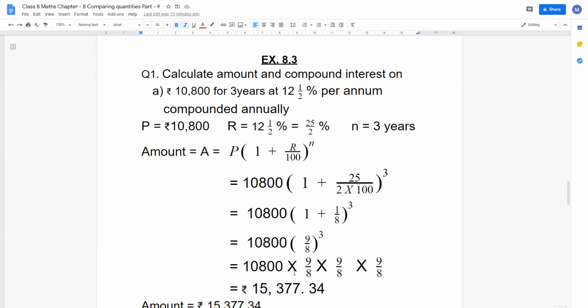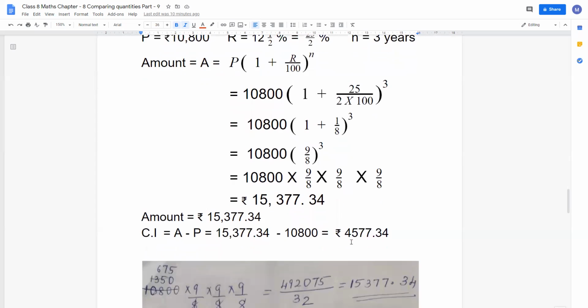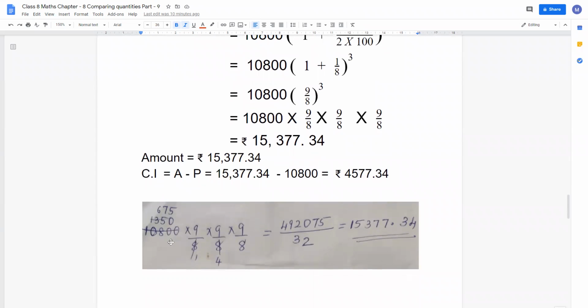Now 10,800 multiplied by 9 upon 8 into 9 upon 8 into 9 upon 8. Now this calculation I am showing here. We can do the cutting method that I have shown here separately. First, 10,800 we can divide by 8 and it goes exactly, we get 1,350. Next, we cannot divide it by 8 but it is divisible by 2. So dividing it by 2 we will get 675, and 8 divided by 2 you will get 4. Now no cutting is possible. So 675 multiplied by 9 multiplied by 9 multiplied by 9. Then you will get the answer